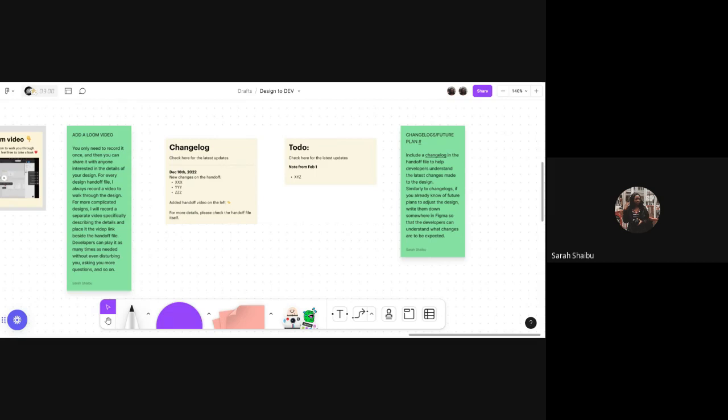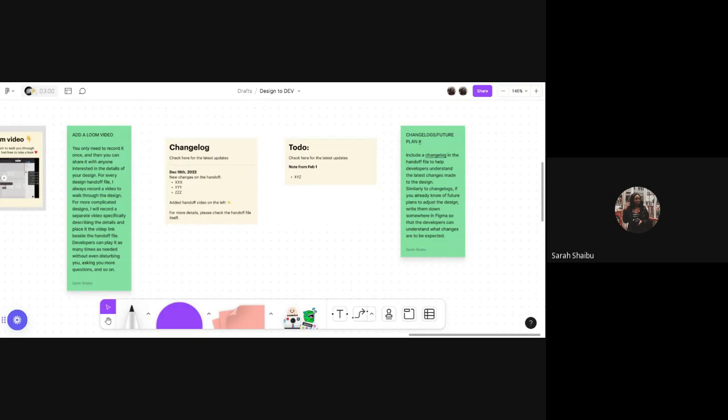In things like that, I would typically have the same design on one file, but I would put a change log to say, okay, this was version 1.0, and now in version 2, this is the change log. We changed the menu bar, we changed the primary color, we changed this. And I would also attach this Loom video to this change note, right? It helps them understand the difference between versions that we had designed or that they are going to design in an agile way. They understand what is changing sprint by sprint.